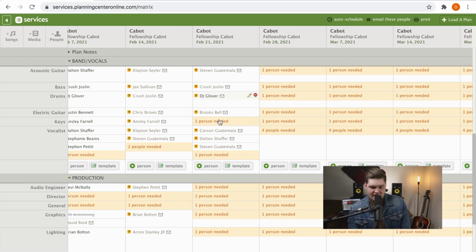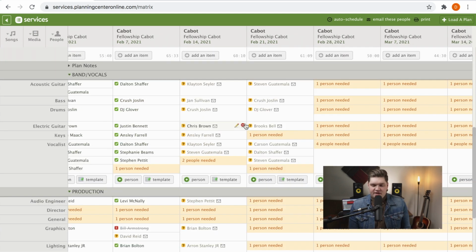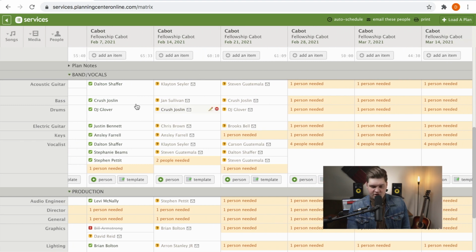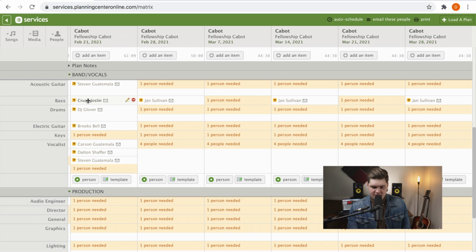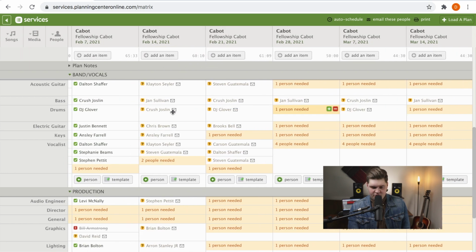And so we usually do like a rotation every other week. We'll have people serve. I might start with some of our band roles that I know are pretty consistently up every other week. So you see these volunteers on bass. So I usually do something like this. I will just drag and drop, and I'll go a couple weeks in a row and just do that. And then I'll take the other name and I'll do the same. So pretty simple way of